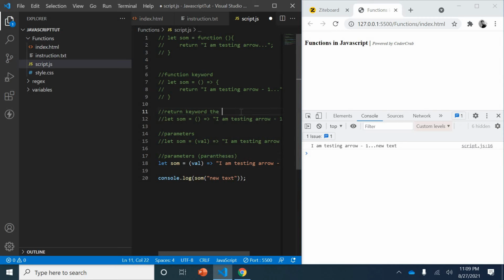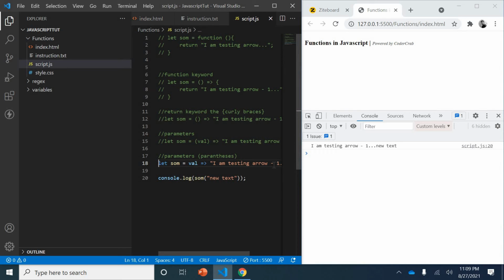Here we got rid of the curly brace, and here we got rid of the parenthesis. This is the curly brace and this is the parenthesis. So we will get rid of this parenthesis. Is it okay? Let's see. Yes, it's absolutely fine. So this is what we can get from arrow functions.